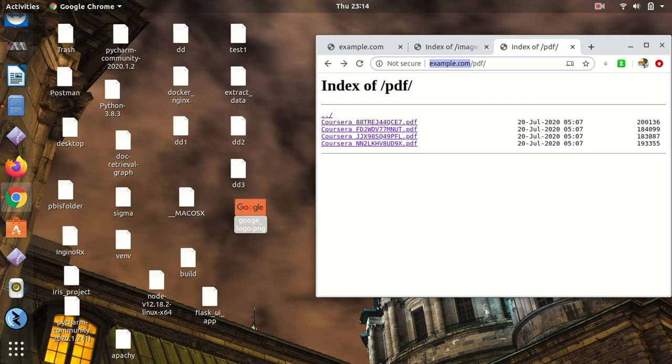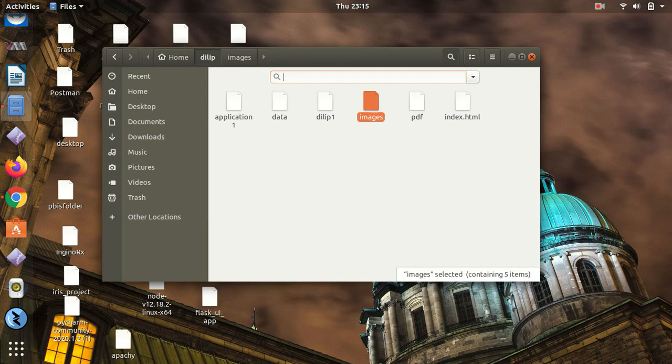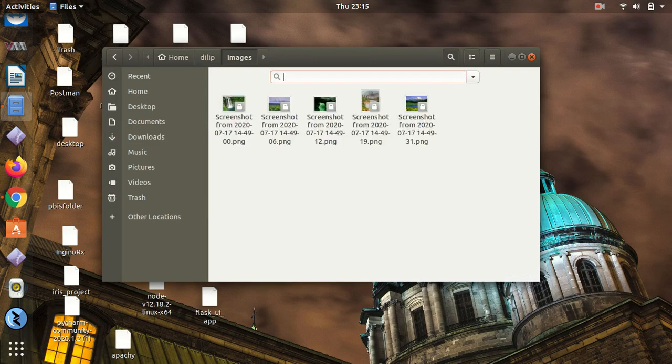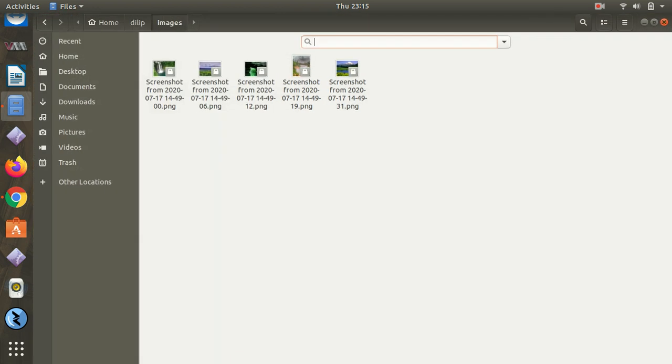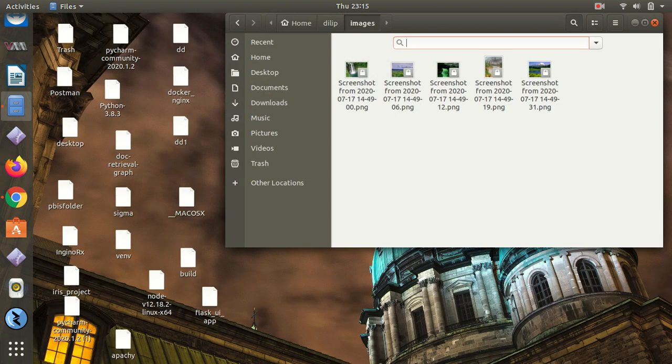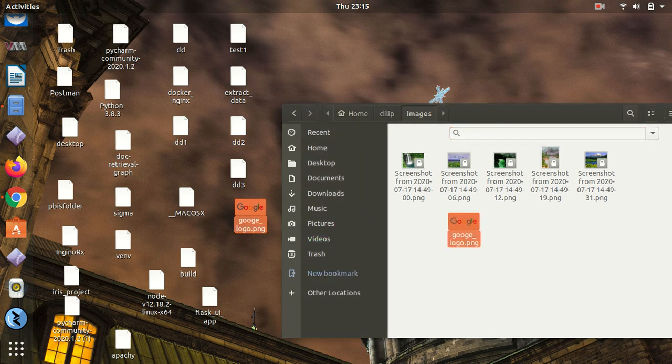And suppose, guys, in the images folder there are 5 pictures right now. Here is the Google logo I have downloaded. Suppose I just want to add that Google logo in this.